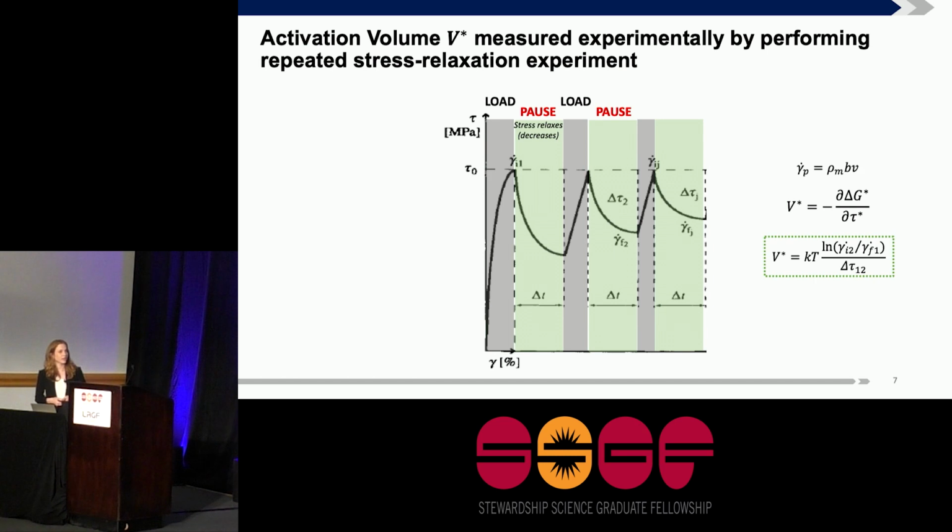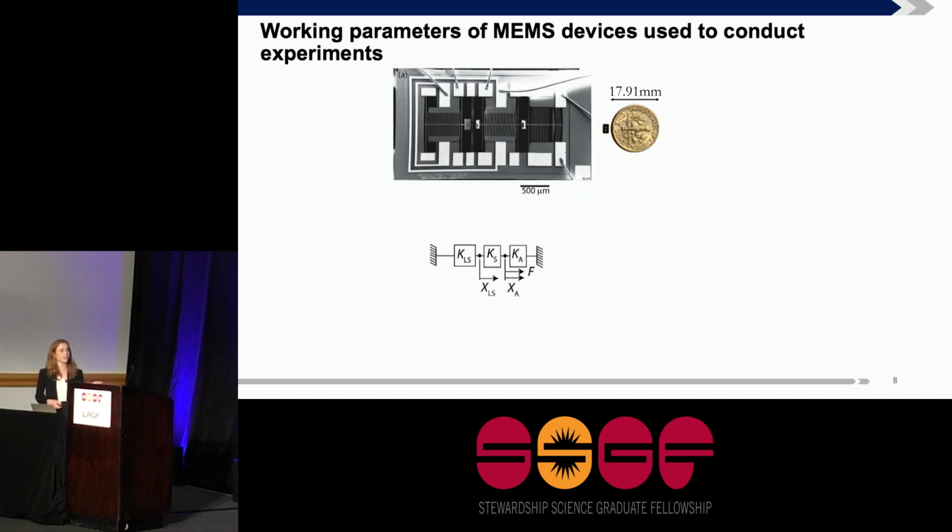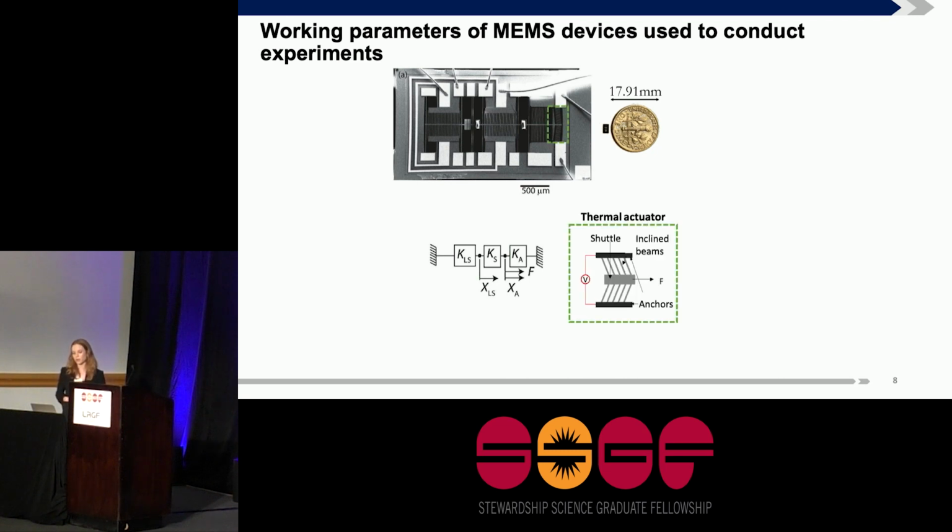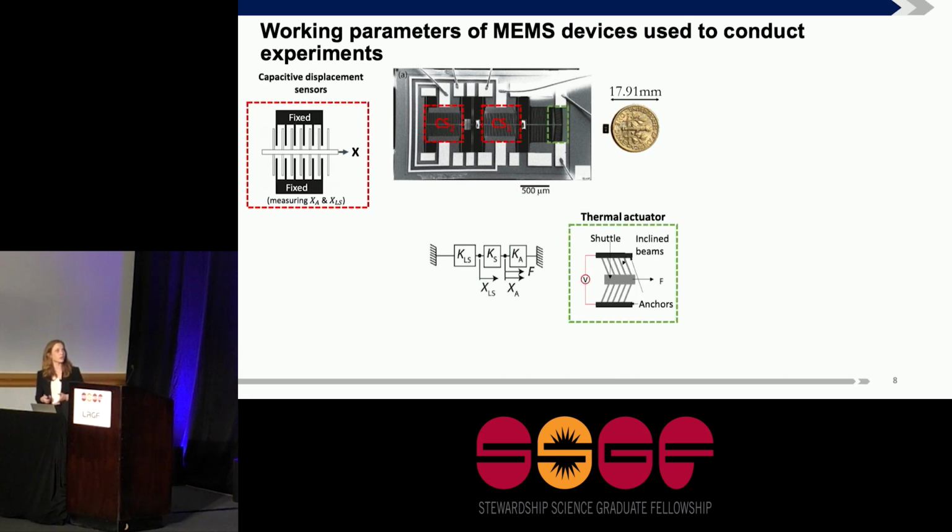And then you calculate activation volume V star using this equation shown here, which essentially uses the ratio of the strain rates of the second relaxation segment and the first relaxation segment, as well as the total increase in stress during your reload. And I conduct these experiments inside a transmission electron microscope using this MEMS device shown here. It's composed of a thermal actuator and 2 capacitive sensors. The basic operation of the device involves applying a voltage across the thermal actuator, and through resistive heating this causes a shift in this central shuttle here,